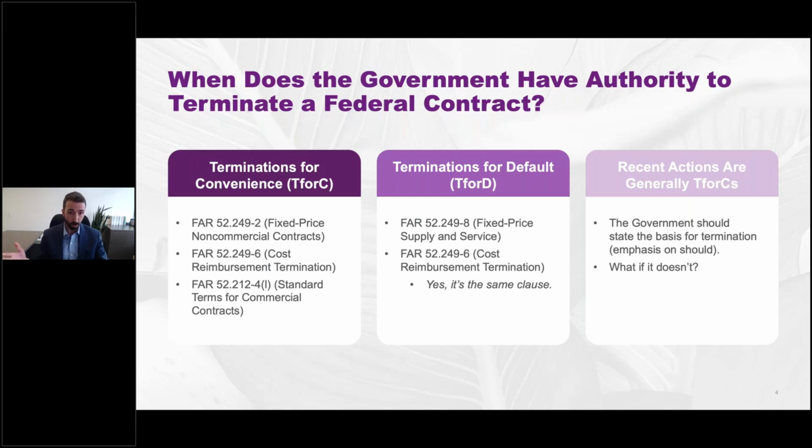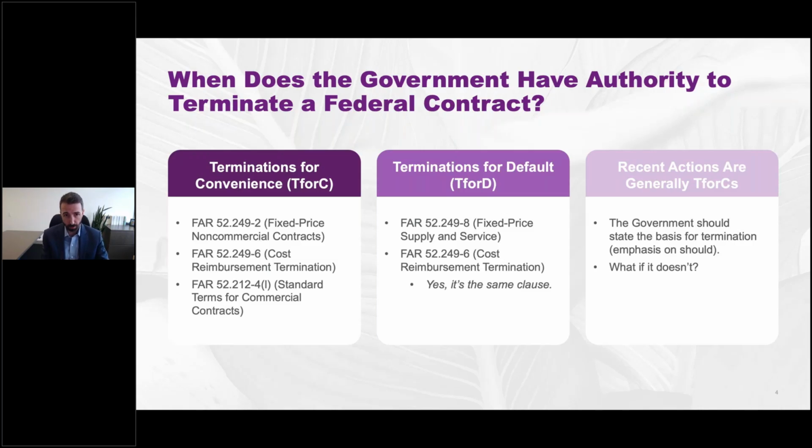If you have a commercial product or service agreement, that's where the government is buying a product that is generally available to the public or that's been offered or sold to the public. There can be some minor modifications, et cetera. It could be a whole topic of discussion: what is a commercial product or service? I'm not going to get into that now. Just suffice it to say there are streamlined procurement rules for when the government is buying commercial products or services. And if you have one of those agreements, you will probably see the FAR 52.212-4 clause.